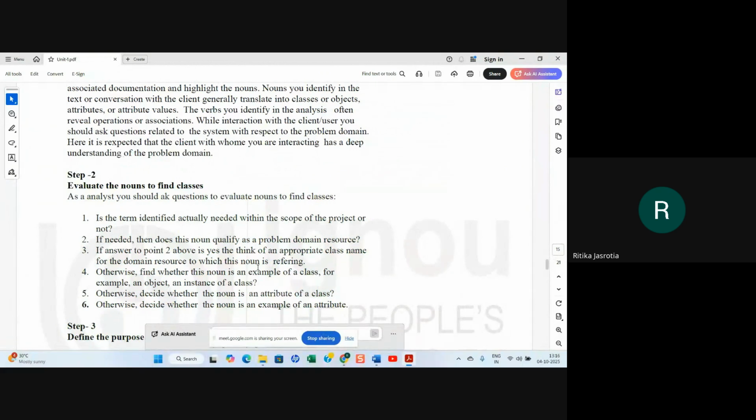Otherwise, find whether this noun is an example of a class, for example an object or an instance of a class. If it is an object, you will find that out and then decide the name of the class, the name of the object, right? If there are nouns which are attributes or properties of the class, you will also find that out.